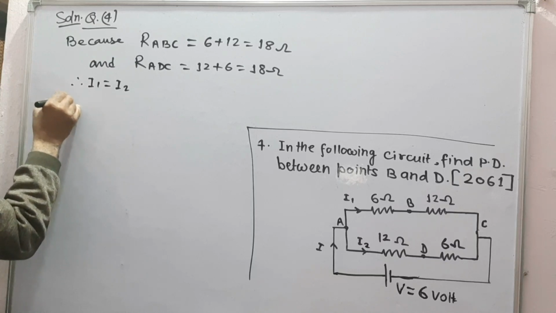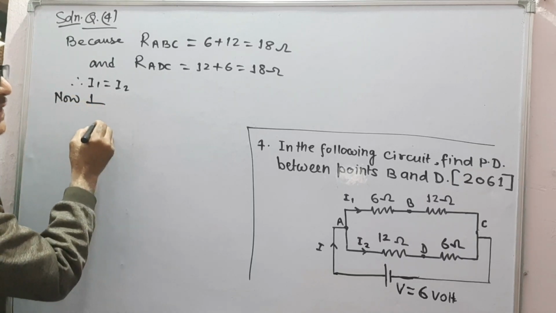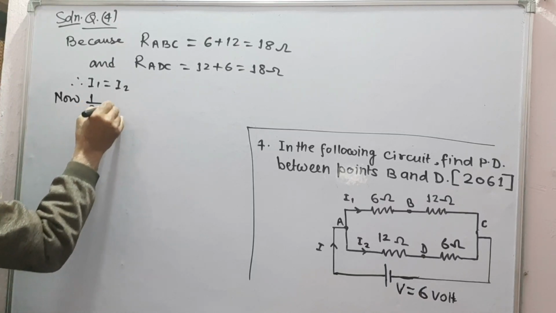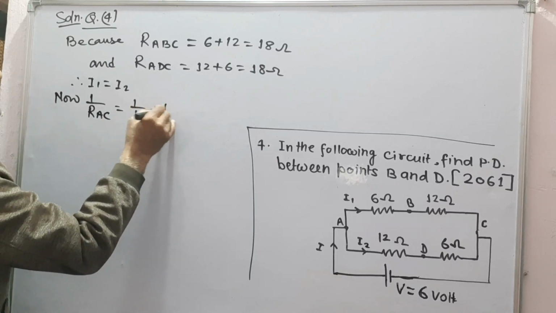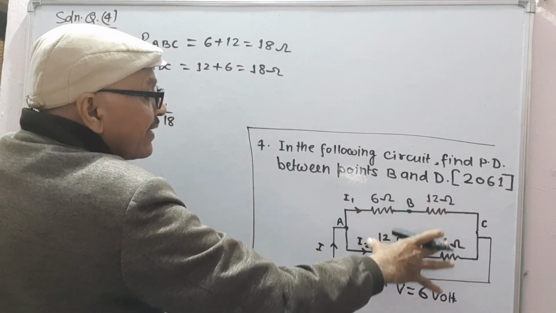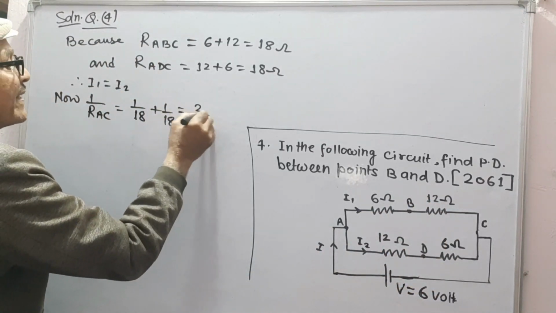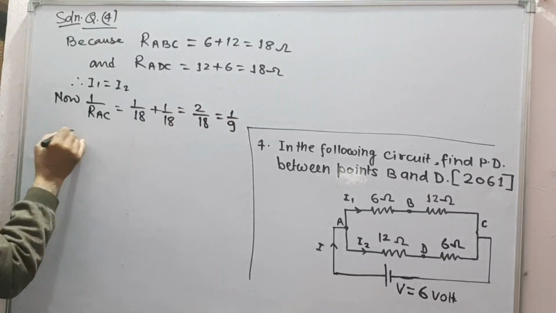Now, the resultant resistance between A and C: 1 upon R_AC will be equal to 1 upon 18 plus 1 upon 18. This resistance and this resistance both are in parallel. So 2 upon 18, which is 1 upon 9, which gives